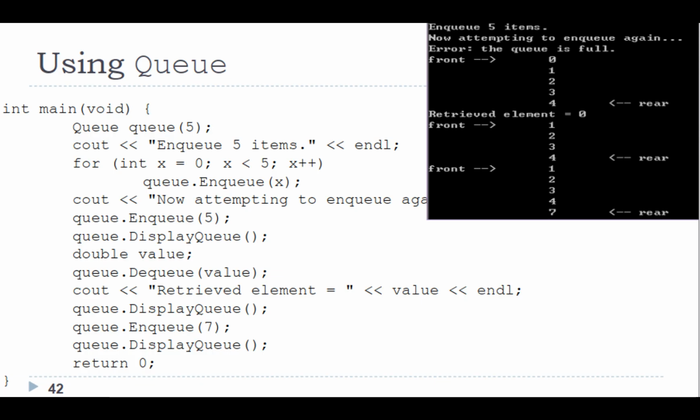In main: Queue q(5); cout << "Enqueue 5 items." << endl; for (int x = 0; x < 5; x++) q.enqueue(x); cout << "Now attempting to enqueue again..." << endl; q.enqueue(7); q.displayQueue(); double value; q.dequeue(value); cout << "Retrieved element = " << value << endl; q.displayQueue(); q.enqueue(7); q.displayQueue(); return 0;